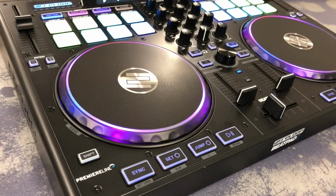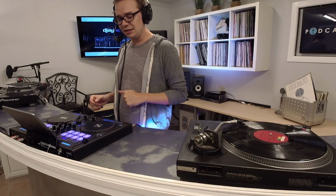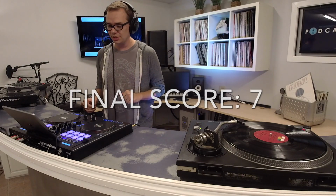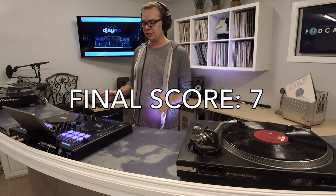Outside of that, you've got your basic slicing, looping, hot cues, sampling, any of the effects that are built into the software, but it offers a lot of fun in a small package, and I'm calling that good for a 7. And when you average all these scores up, you get a 7 out of 10, which is a very respectable score. This is going to be the perfect controller for somebody who's really all in on tablets, only needs